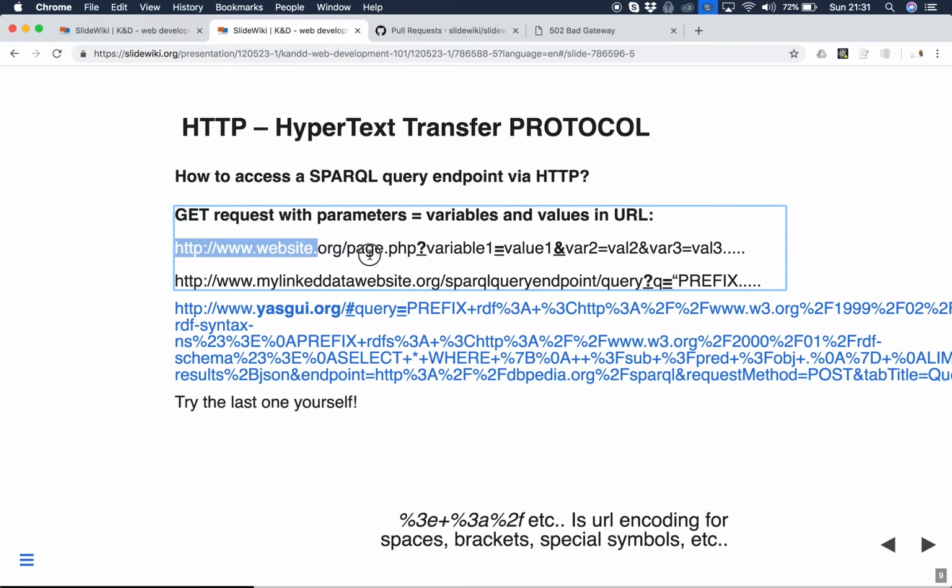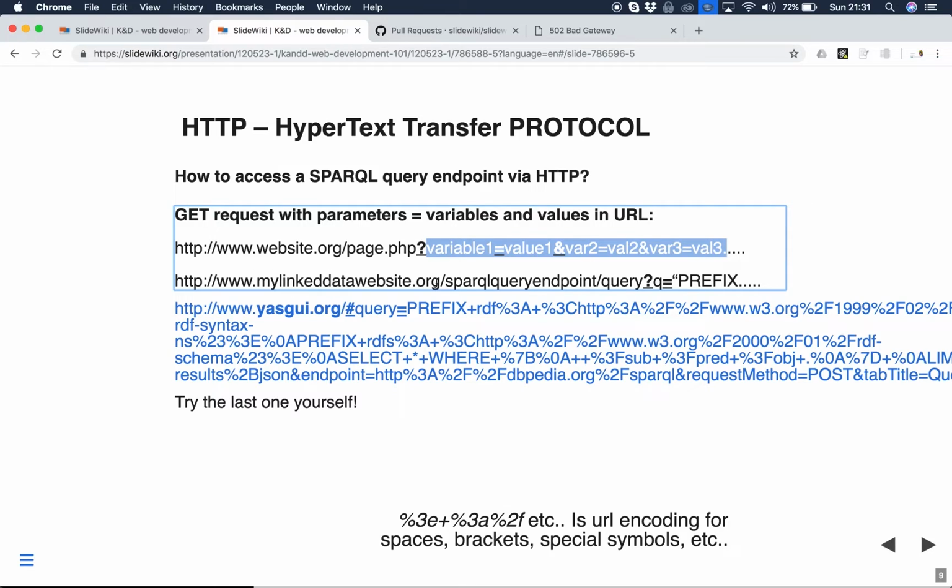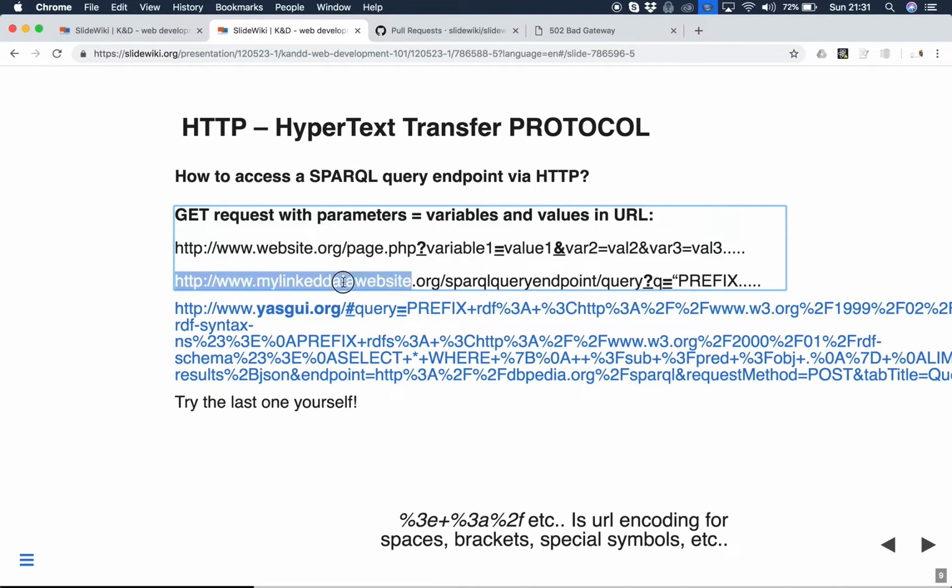So we already generalized this form to some website, some page, and then you have variables and values. And we can then generalize more for SPARQL queries: we have a linked data website, we have a SPARQL query endpoint, we have a script query, then we say a variable q for query, and the value would be some SPARQL query, for example,